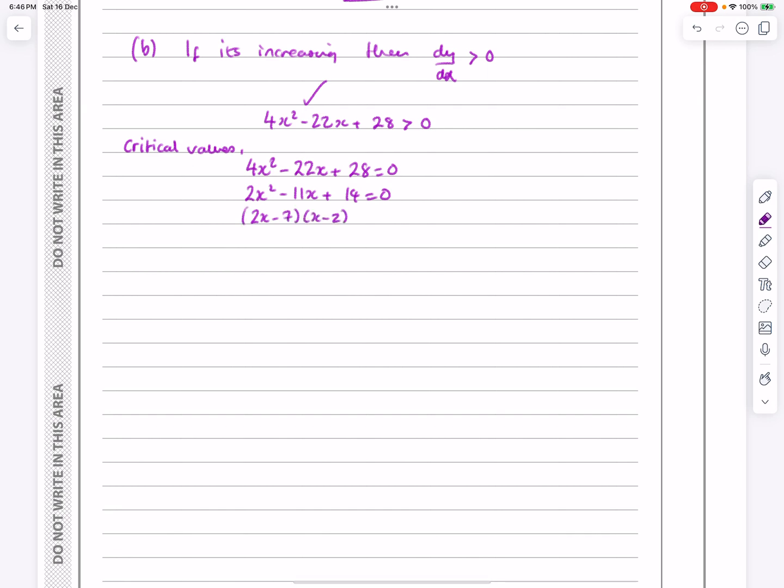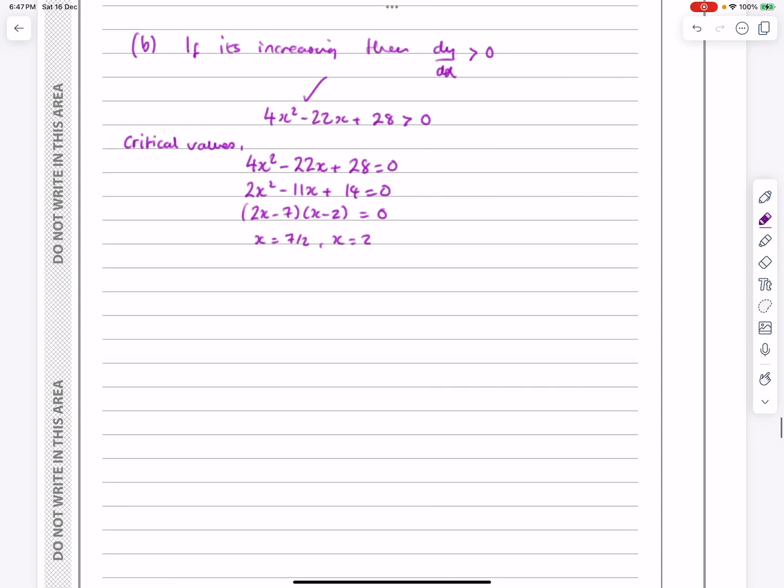As I've said in previous videos, if you're not sure how to do that, you can go back and check on the channel. There's some how-to videos that show you how to do that. This is going to give me x equals 7 over 2 or x equals 2. And now I can come back, and I'll draw the very, very quick sketch of this. If I've got this situation, then